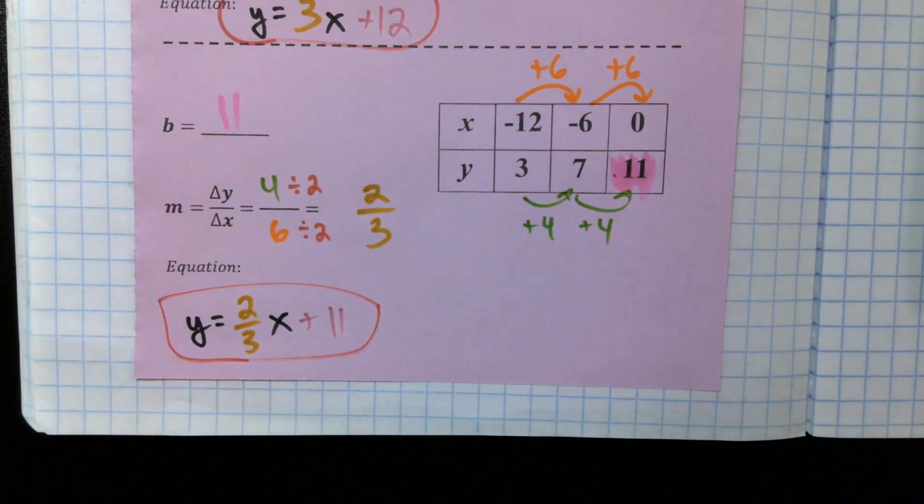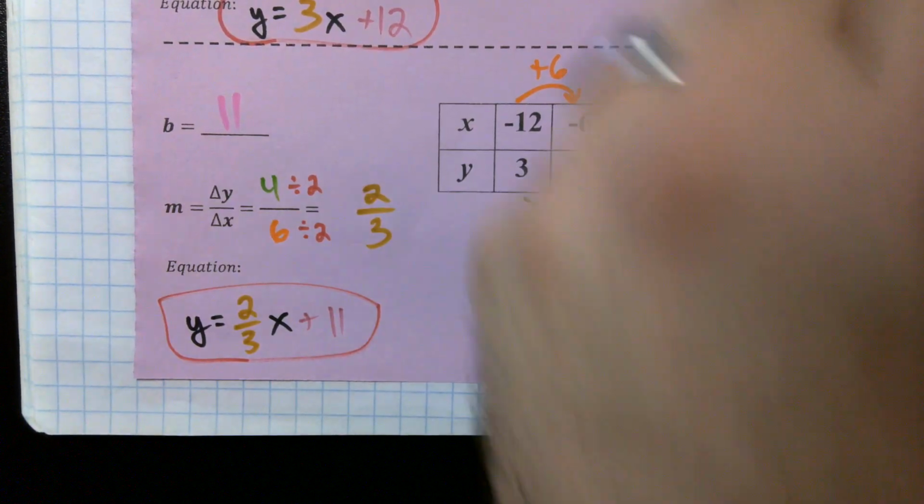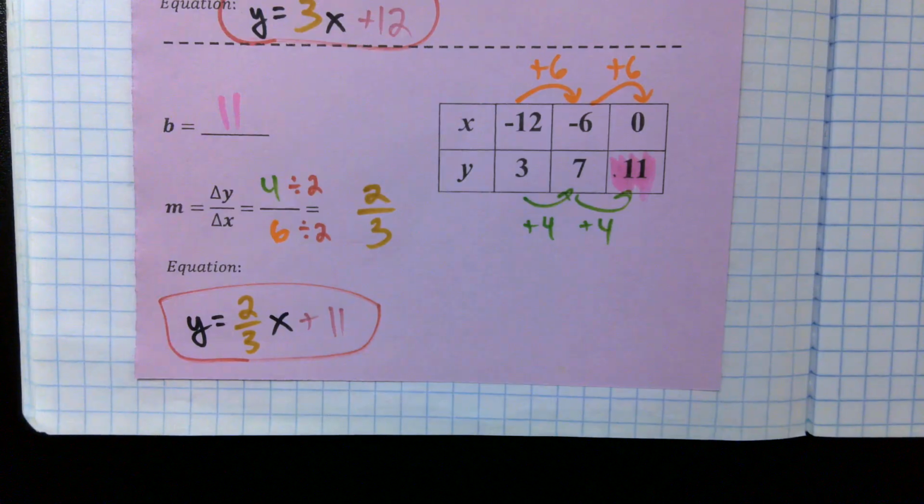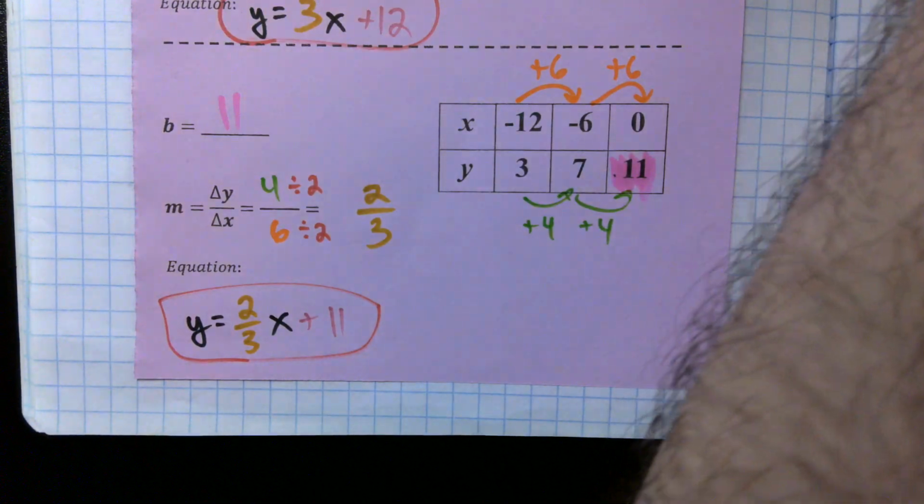All right. Any questions I can answer on that? No? We feeling okay? Okay. Let's go ahead and get started then. Once you get worksheet 13,